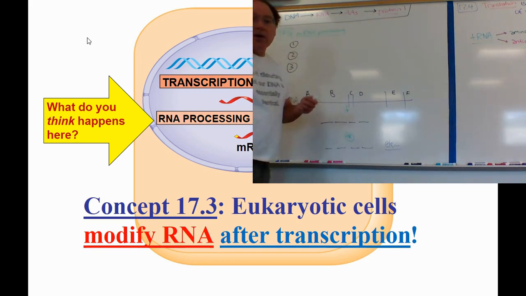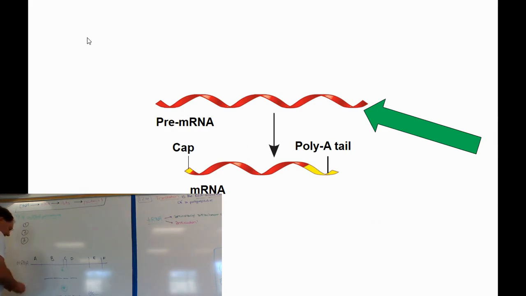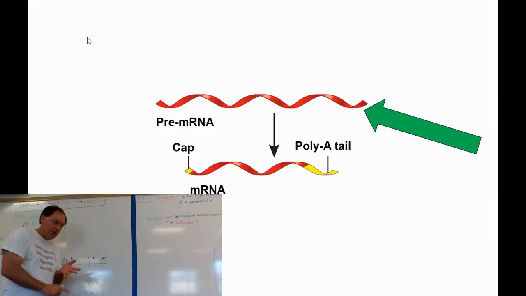When it comes to the mRNA processing, which is what I'm trying to get you excited about here, here's the first thing that happens. 5' cap. That just means you have this mRNA transcript that comes from the RNA polymerase in the process of transcription in the nucleus, and a 5' cap gets put on it.